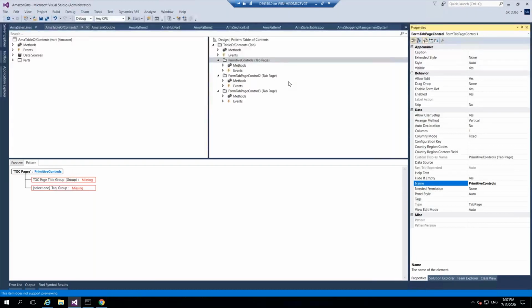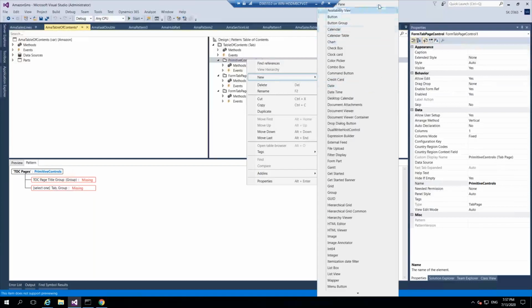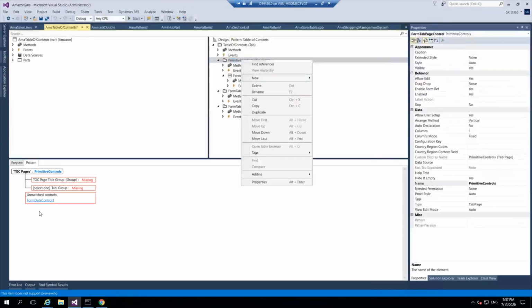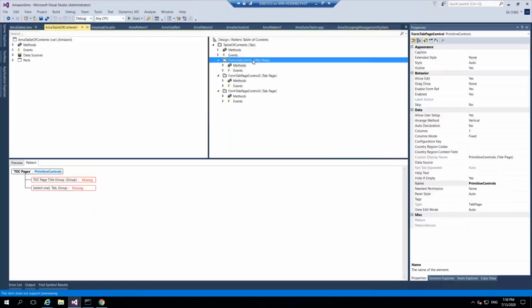Now what we will do is, we will see unbound controls. In this primitive controls, right click and then add whatever control you want. So what are the primitive controls? We have date, we have, oh, now as well it says unmatched control. Can you see this? It is very interesting. Caption, I will give it as primitive controls. And now you can see there is a title group. So right click